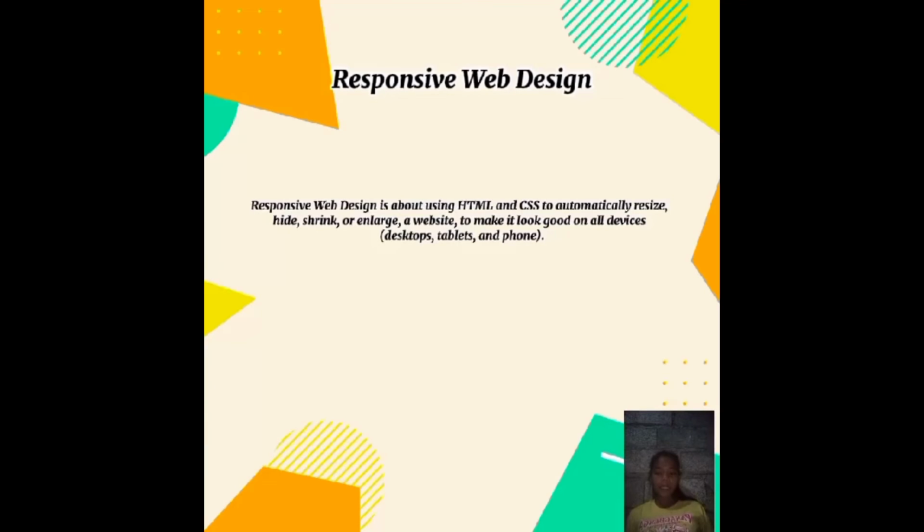Responsive web design. Responsive web design is about using HTML and CSS to automatically resize, hide, shrink, and enlarge a website to make it look good on all devices: desktop,